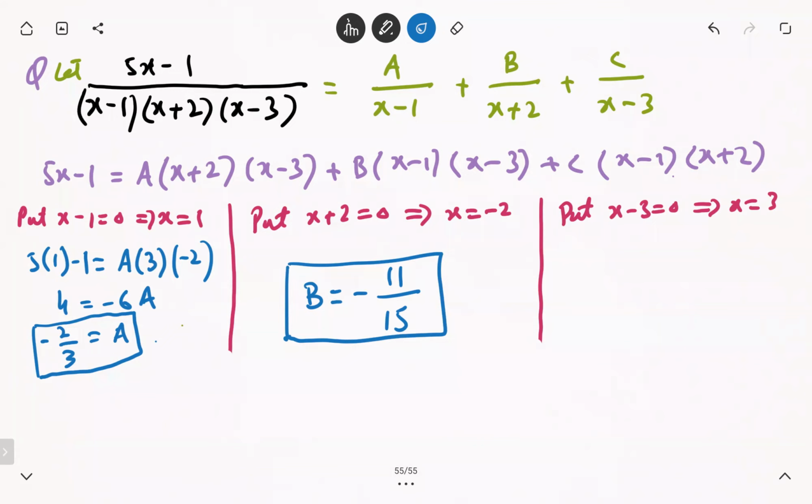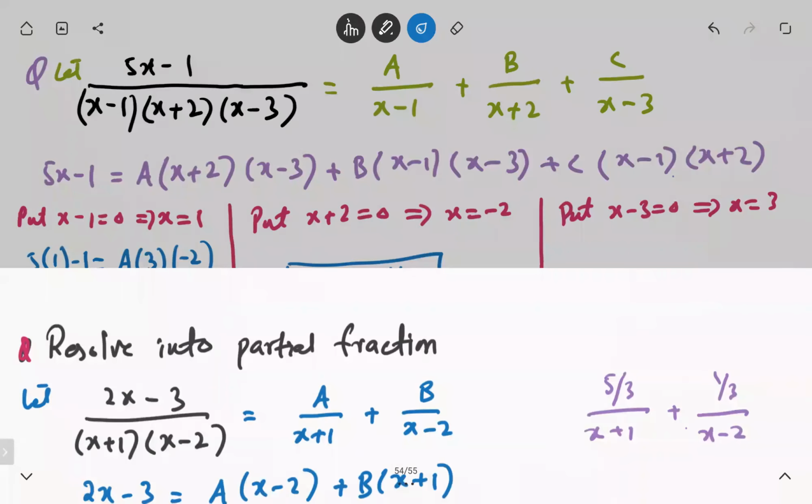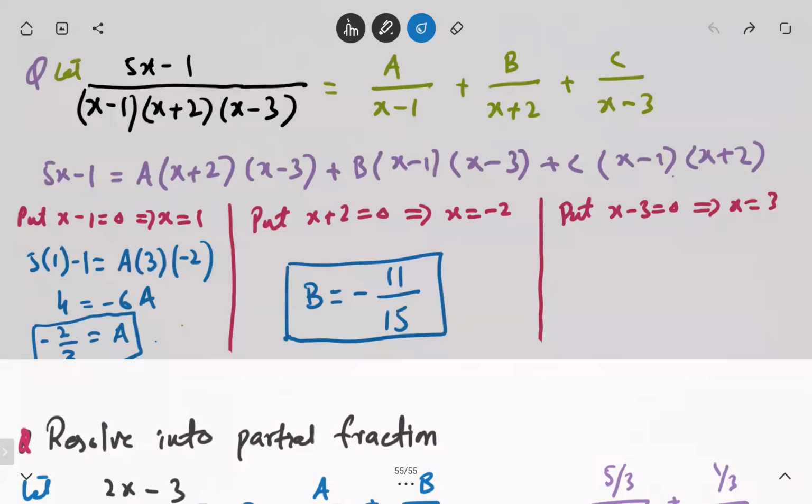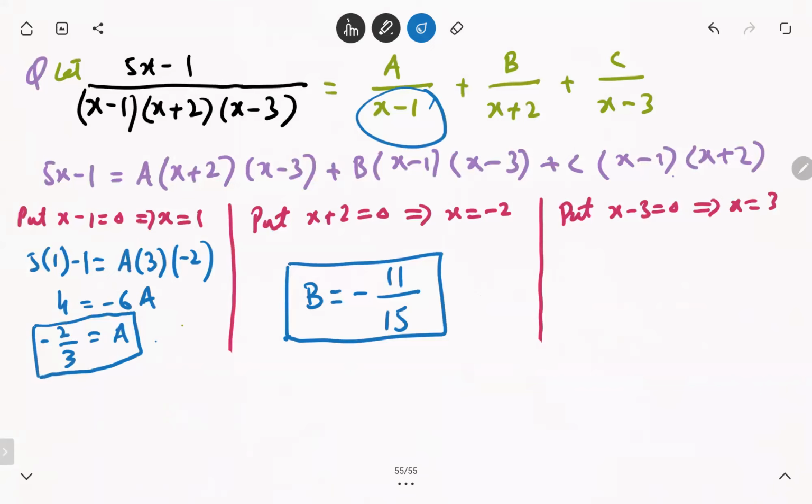नहीं वहां पे भी हमने सेपरेट किया था। देखें, इधर जब 2 थे तो आपने x प्लस 1 को 0 मीन x की वैल्यू माइनस 1 यूज की थी, फिर सेपरेट हमने x माइनस 2 को 0 करके x इक्वल टू 2 यूज की है। यहाँ क्योंकि 3 वैल्यूज थीं, तो आपने पहले x माइनस 1 0 पुट किया, मीन x इक्वल टू 1, देन x प्लस 2 0 पुट किया, मीन x इक्वल टू माइनस 2, देन x माइनस 3 0 किया, x इक्वल टू 3।